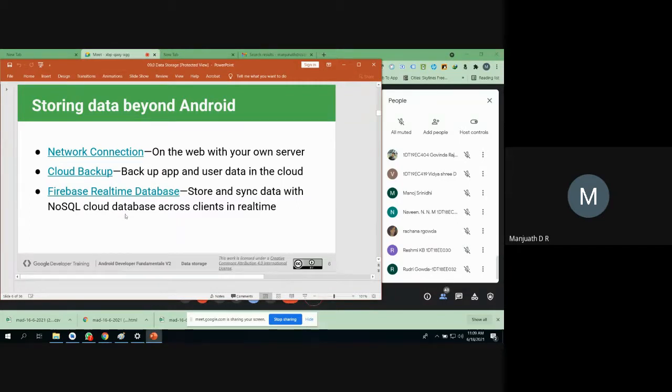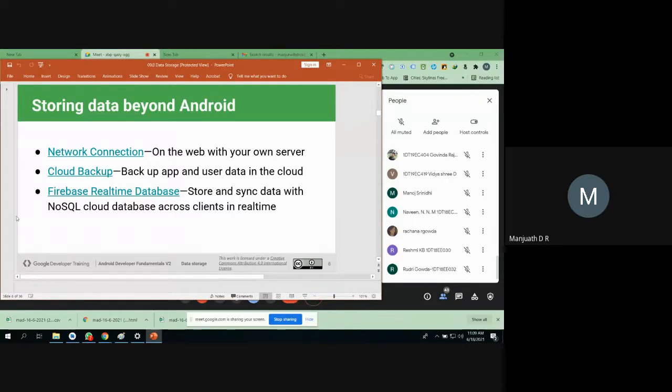Next, another option available is Firebase Realtime Database. This is a service provided by Google itself. It helps us to store and sync data with NoSQL. There is one more type of storing data that is called unstructured. Till now in databases we have come across structured, right? As I told you, we have some structure: whenever we say relational database, we think of the database in the form of tables. Whenever we have an object-oriented database, we think of the database in terms of objects, properties and behavior. That is completely structured.